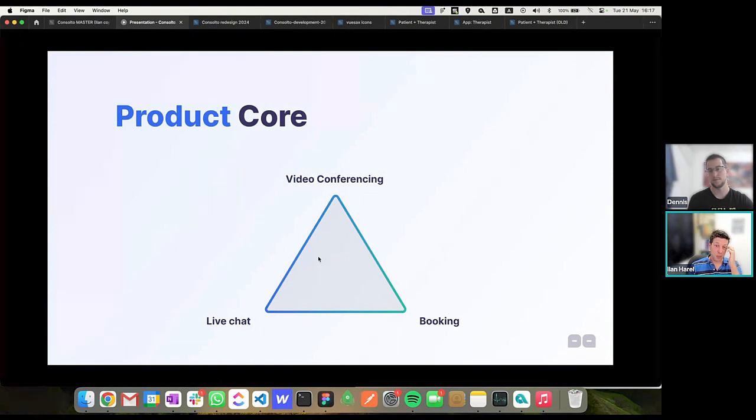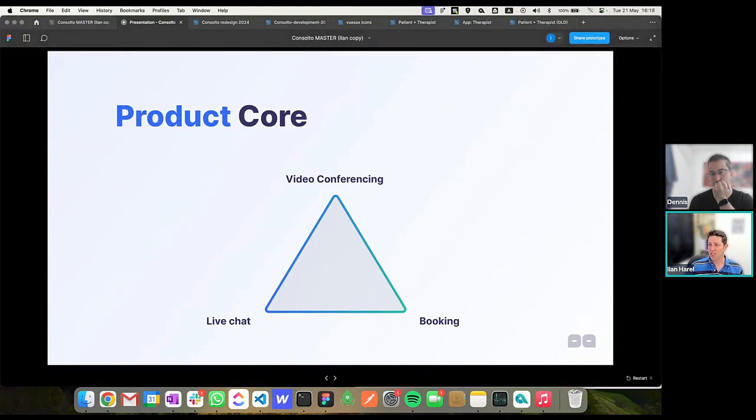The second is the booking software, where we provide two-way booking, and I'm going to go in depth on that in a few moments. And the third part is a live chat. Now, you're probably familiar with using some other video conferencing solutions where someone sends a message during the chat, and at the end of the meeting, the message just vanishes. And that's something that we try to eliminate.